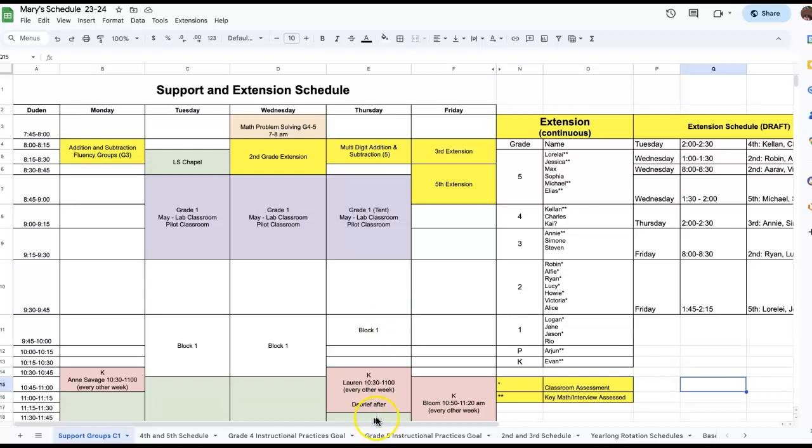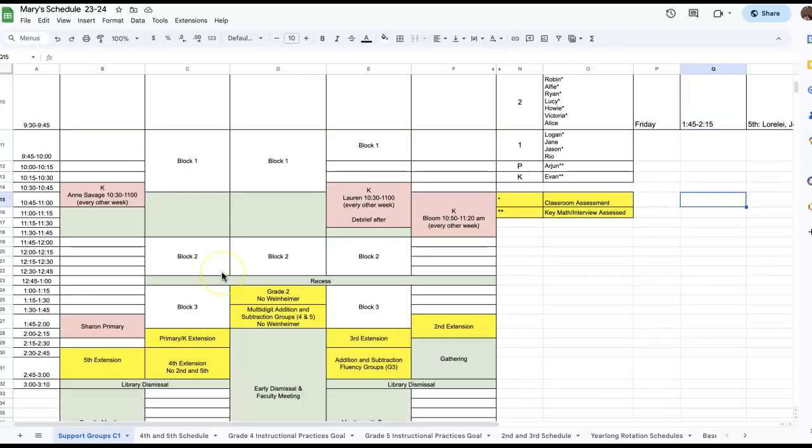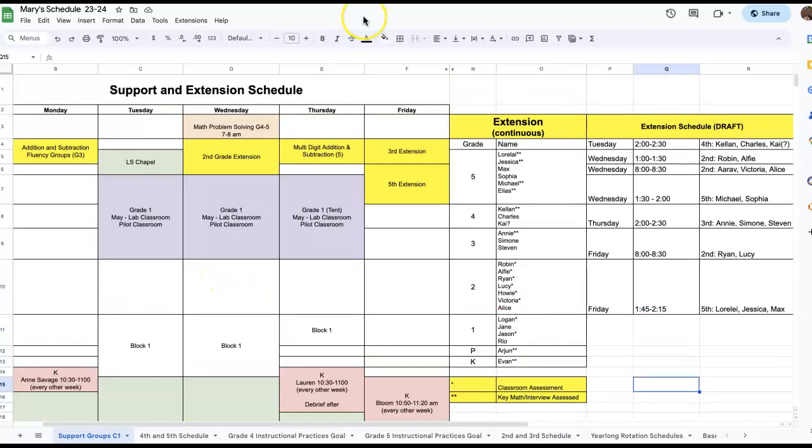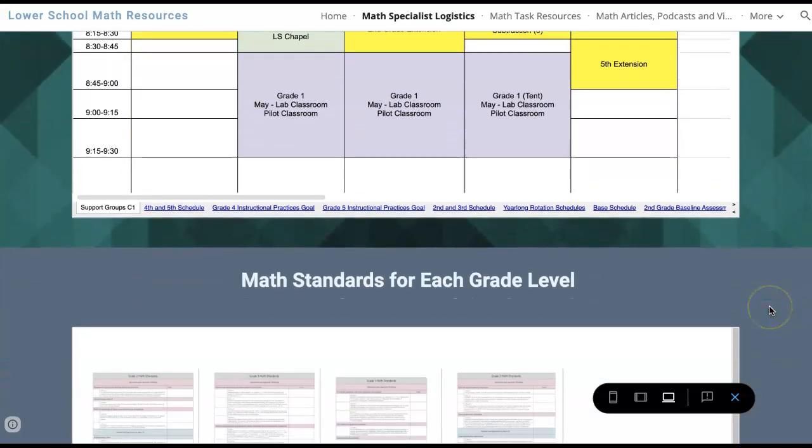Okay, so that's the action item. Look at these. Let me know if there's students that I have missed. Let me know if these times and dates or days of the week aren't going to work so that I can reschedule. All right, so going back to my website, again, this was just the schedule and a lot of information is on that,